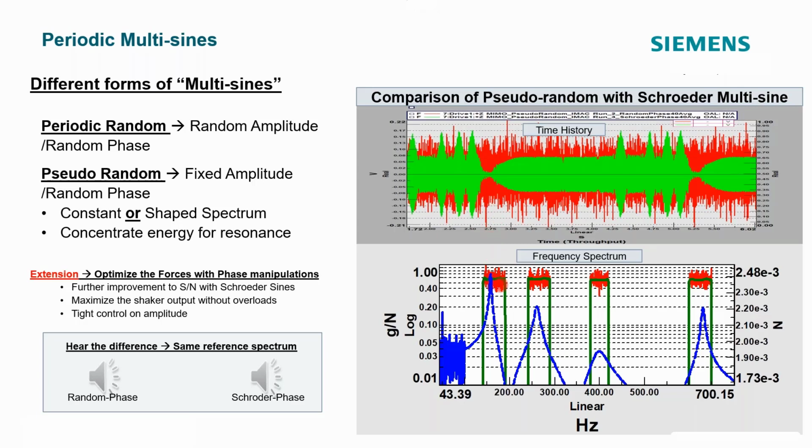So this red trace up here shown in the frequency domain, you can see we can get some spurious peaks in the excitation. And this is on a log scale, so that's quite a large deviation. But with the green trace, which is our Schroeder sine, we can control the crest factor, which is the peak to RMS ratio. We can control that much better and avoid overloads. We can actually turn up the volume and still avoid overloads. And let's see, just to show you what that sounds like, see if this works.